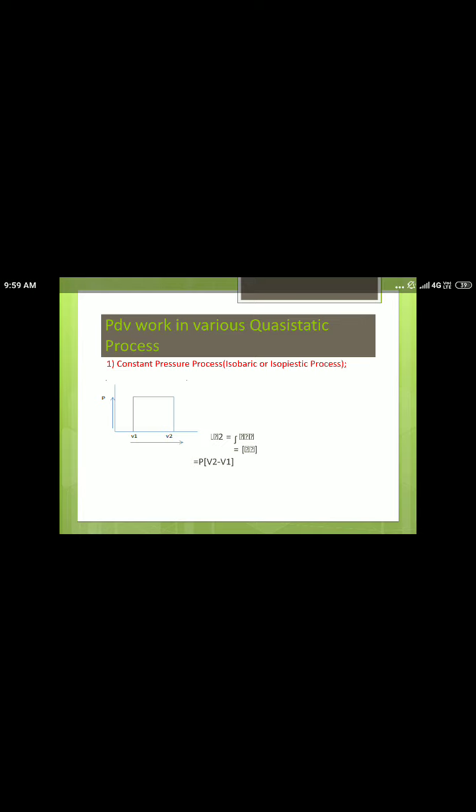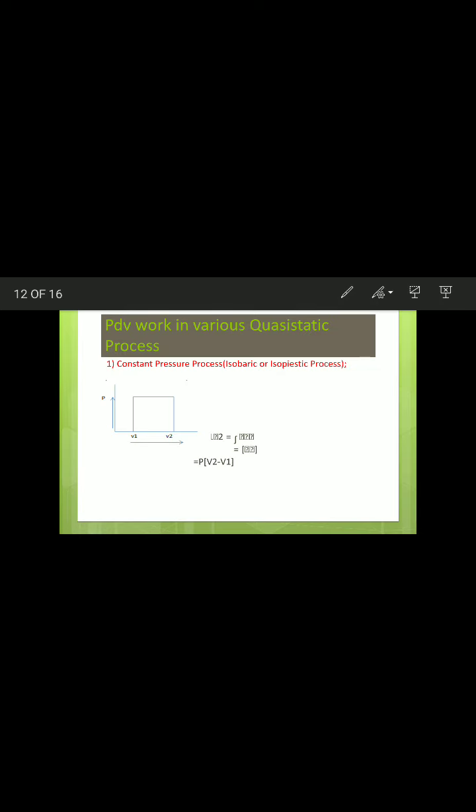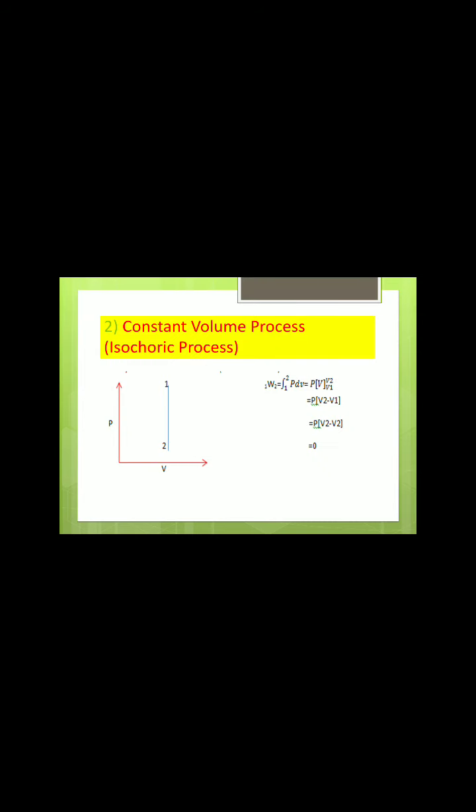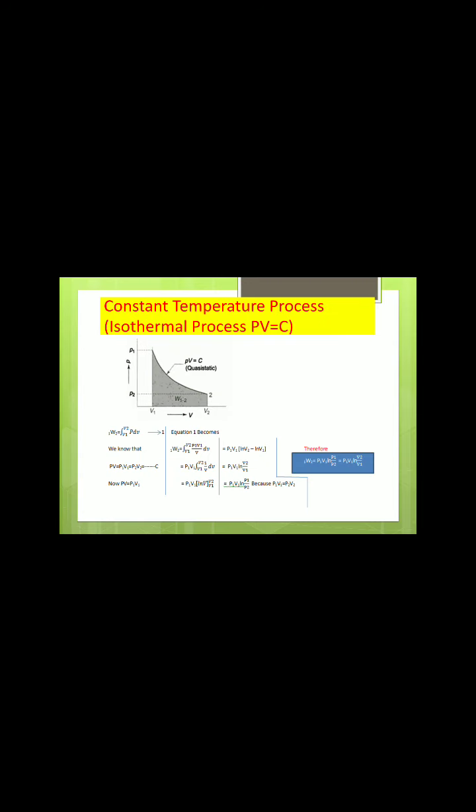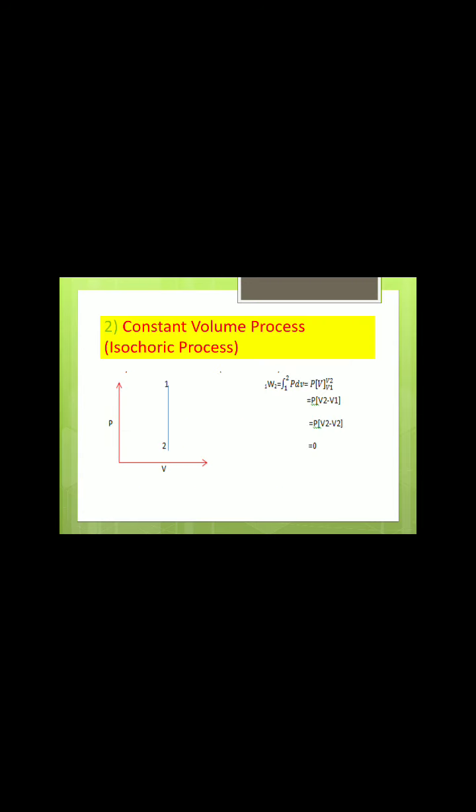Okay, these are in general work done in different process. Remember, just you have to draw, remember the work done and PV diagram. In general, remember that what is the work done. Okay, that constant pressure process, constant volume process, constant temperature process, polytropic, we derived adiabatic process. Okay, these are the five derivations. Okay, out of this one can be asked.